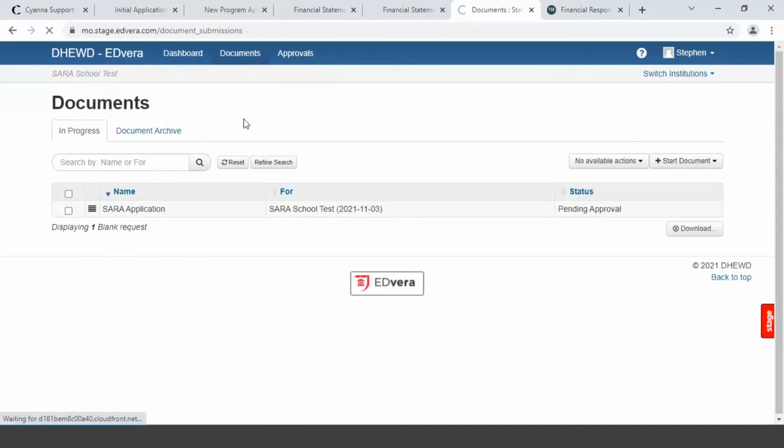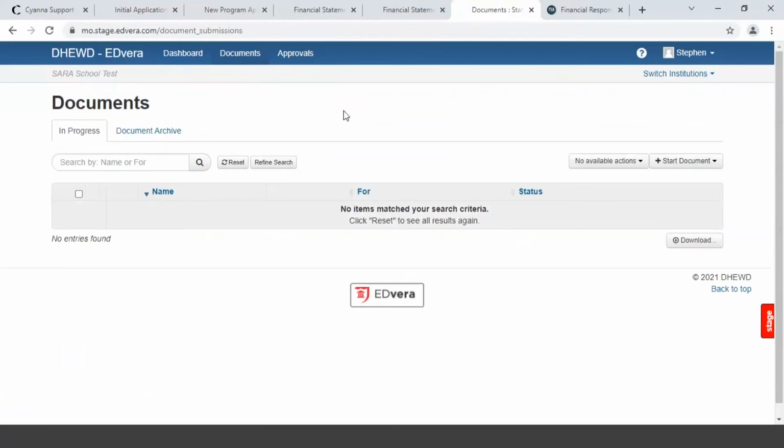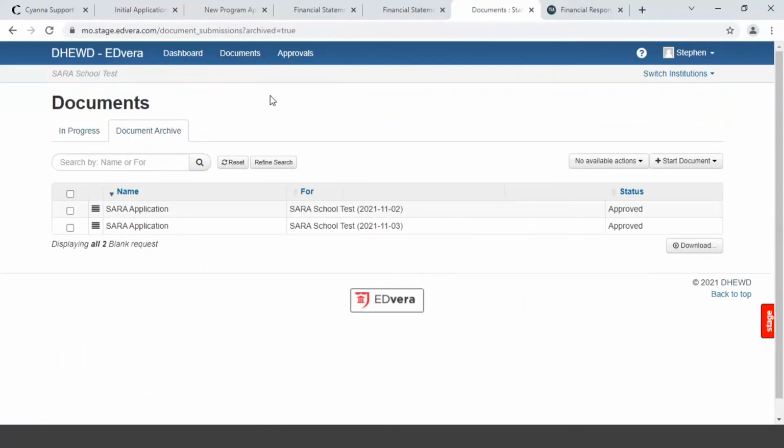And I will note that every time the department takes an action on your document, whoever at your institution is the receiver will get an email saying something has been done. And so now you see your document has been approved. So yay, that's how you use EdVera to submit your applications and the back and forth.